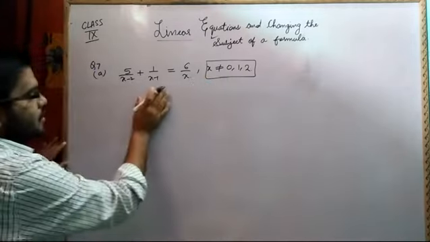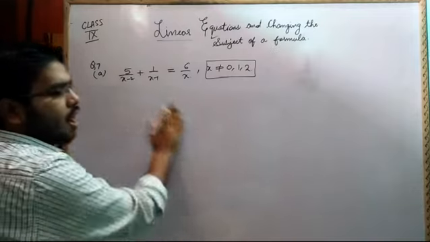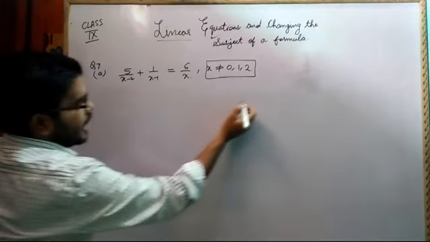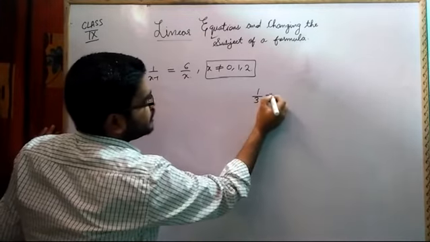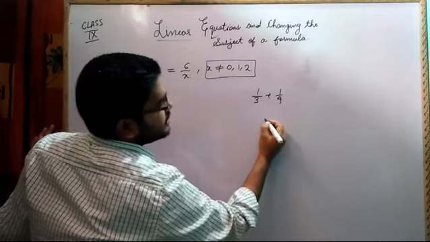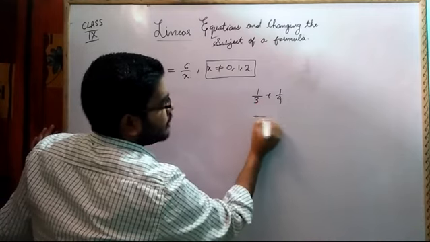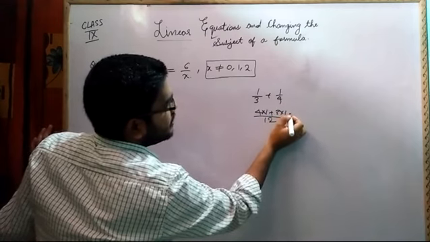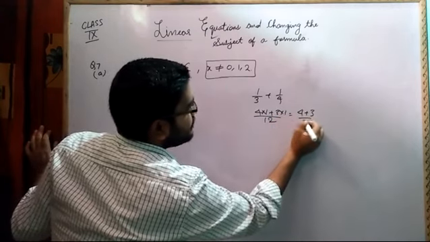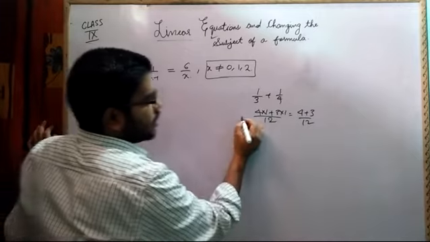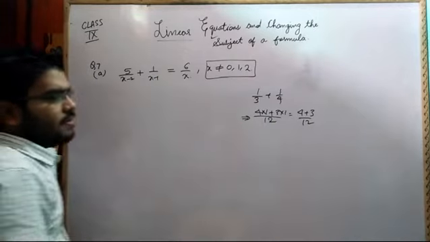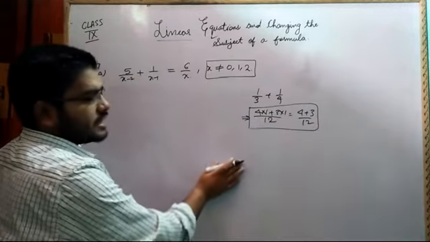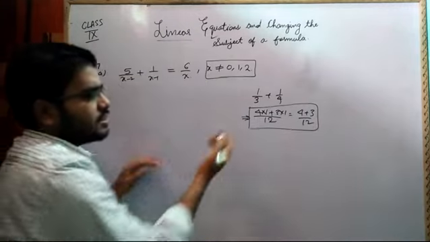Now, all of you know how to take LCM, or for those who don't know, I'm just giving an example. If I have to add 1 by 3 plus 1 by 4, what do we do? We take the LCM. LCM is 12. Then we write 3 4s are 12, 4 into 1 plus 3 into 1 is equal to 4 plus 3 by 12. In our lower classes, in class 4, 5, we were all taught like this to take the LCM. And then in class 6 and 7, they did some advanced studies.